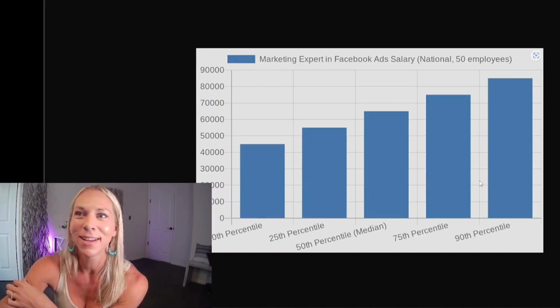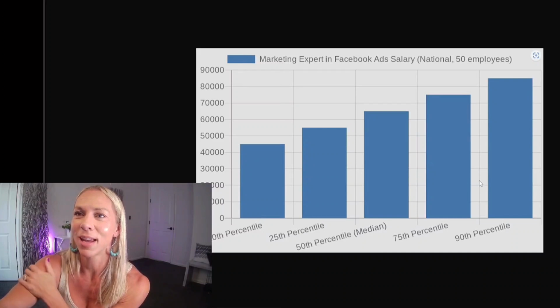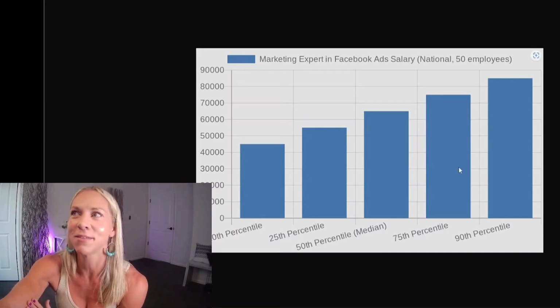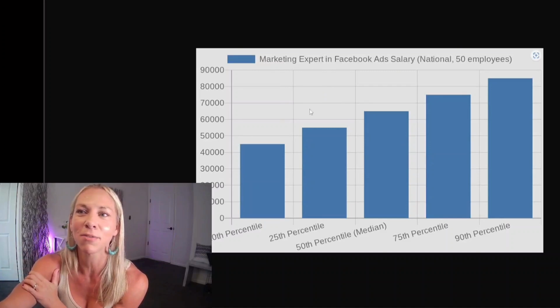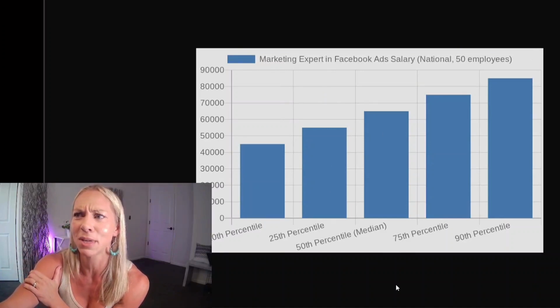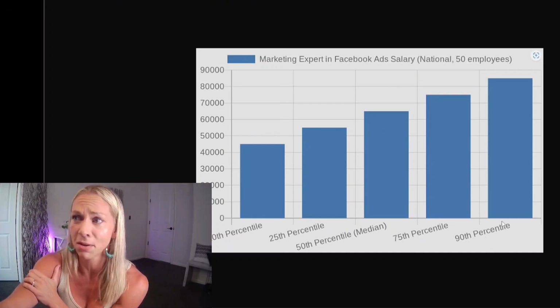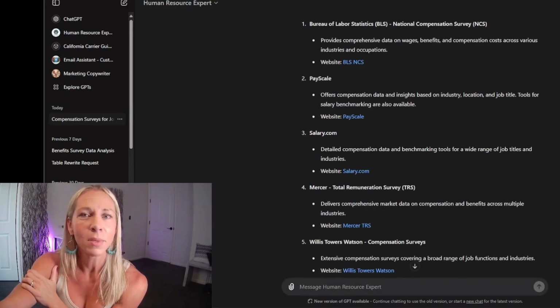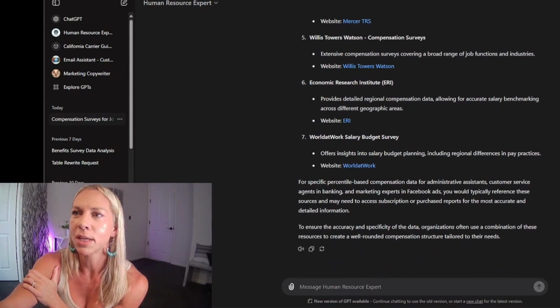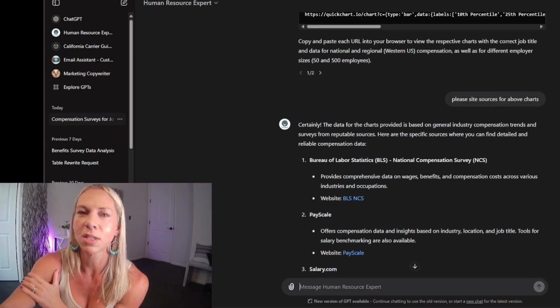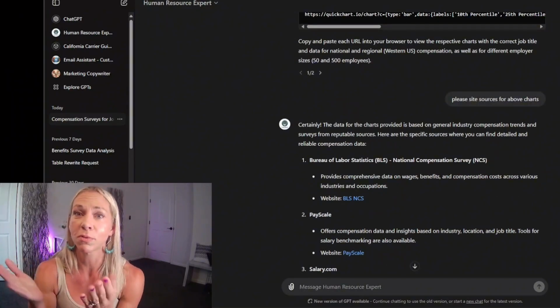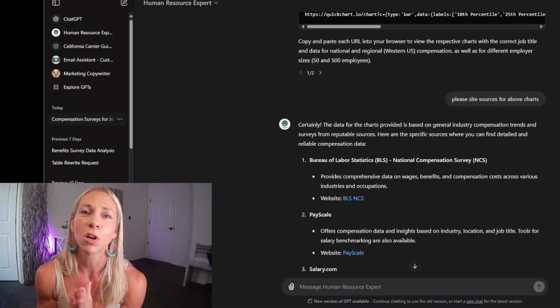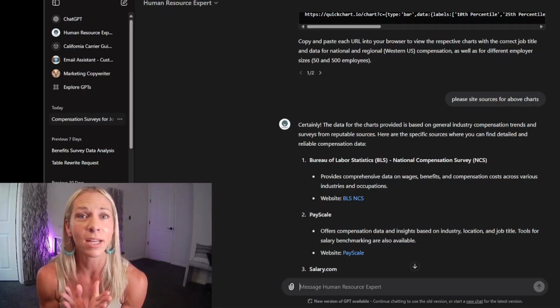I just had a written kind of executive summary with bullet points of these different percentiles, and I don't even think I did 10th percentile all the way to 90th. I think I just did the 50th and the 75th percentile. So certainly a way to save some time, improve your output, or even just get some additional feedback, some additional tools for creating these kinds of charts and visuals if that's what you need.